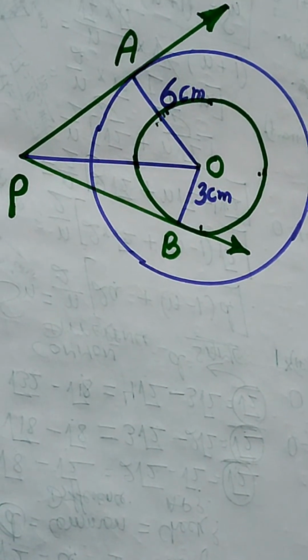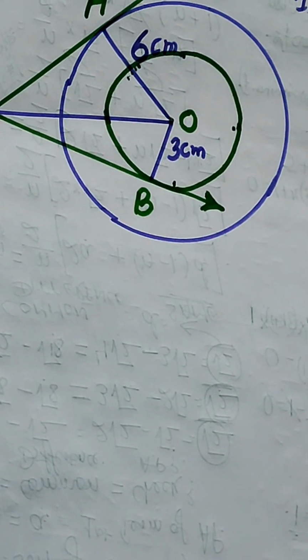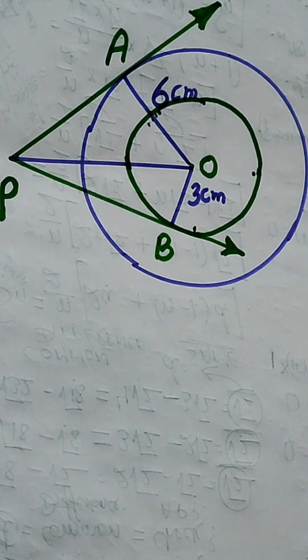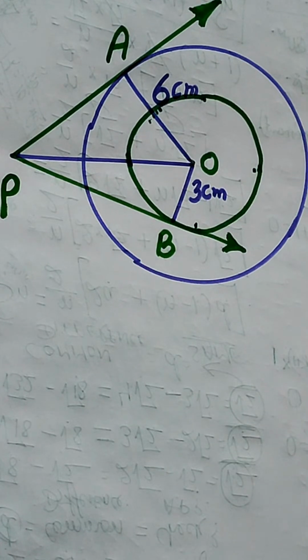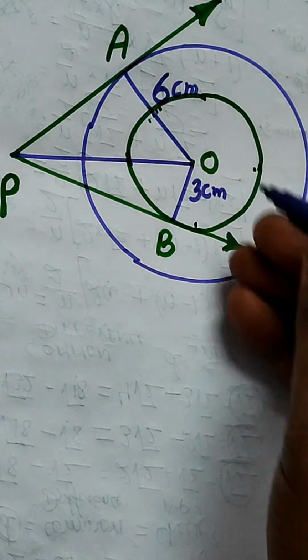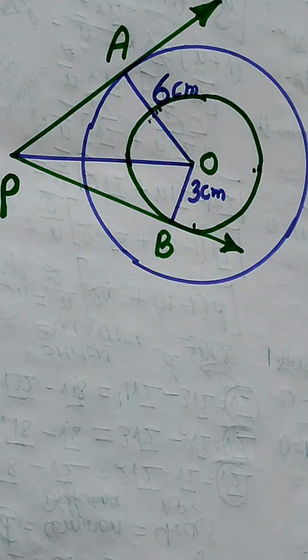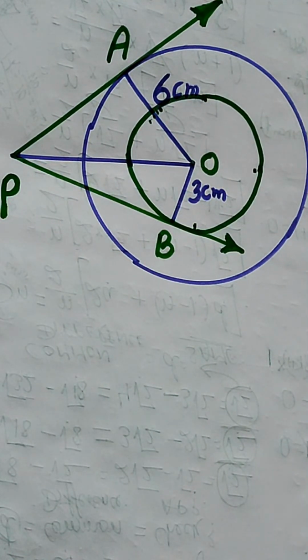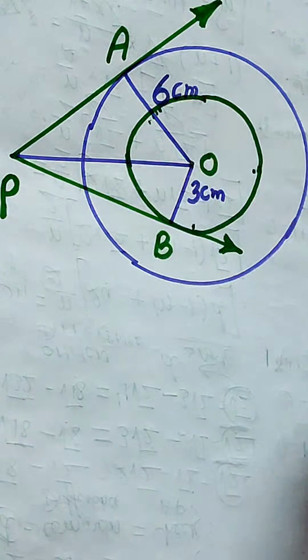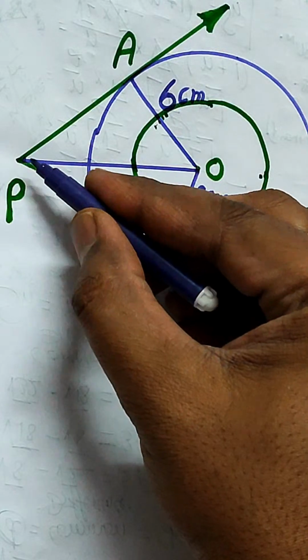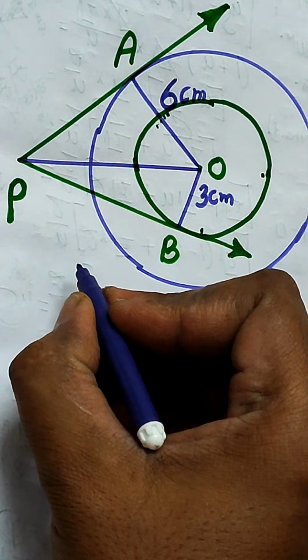So today in this session we will be discussing the question of circle. Where you can see a circle, and if there are two concentric circles, one is the blue one, another is the green one. In this question, it has been given that if the length of AP, that means A to P, is given to you as 10 centimeter,